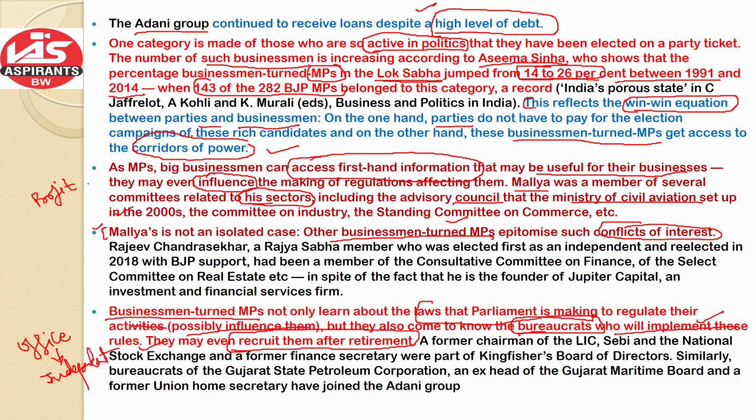तो आपको समझ लग गया, दो चीजें होती हैं इसकी वजह से। अगर बिजनेसमैन जो हैं वो पॉलिटिक्स में आ जाती हैं, ठीक है, they get access to corridors of power, और उसकी वजह से क्या होता है, उनको सारी इंफॉर्मेशन मिल जाती है कि कौन कौन सी पॉलिसीज जो है उनके सेक्टर को रेगुलेट करेंगी, और कैसे उनको इन्फ्लुएंस करना है उन पॉलिसीज को। Plus the second thing is that they also come to know which all